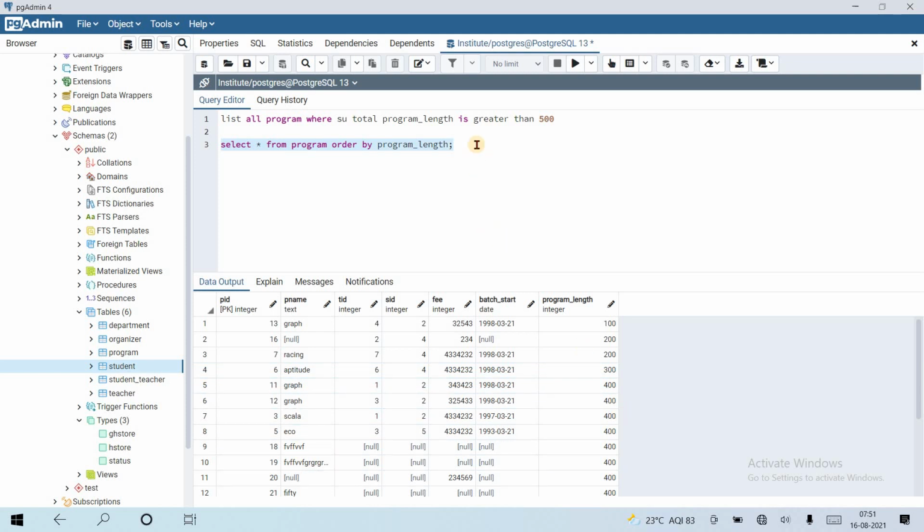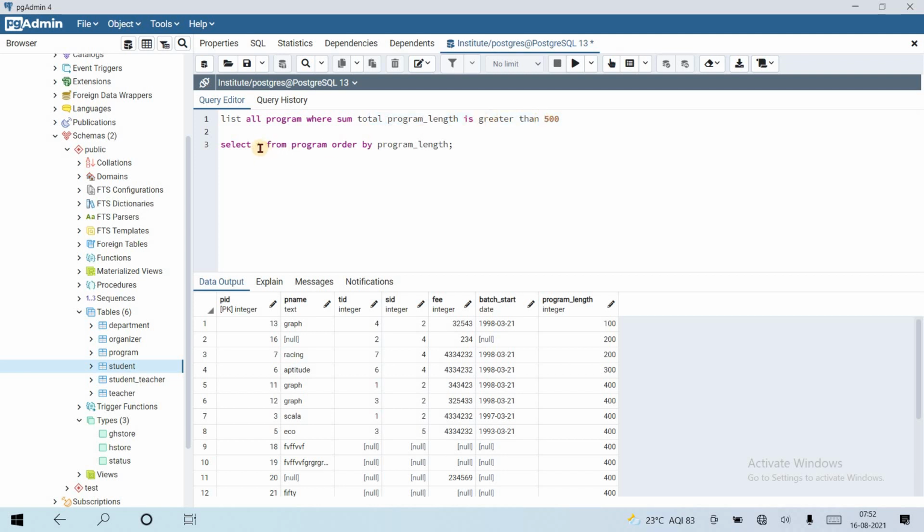Okay, let's see. We can use a WHERE clause. Okay, let's try with the WHERE clause. First, suppose the question, let's focus on the question: where the sum of total program length is greater than 500.